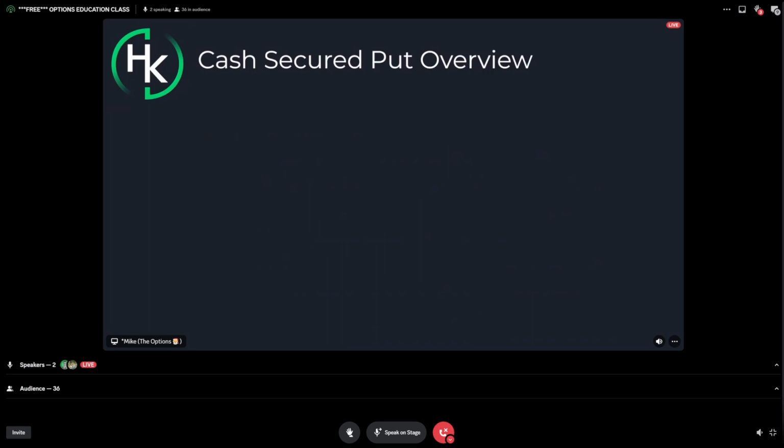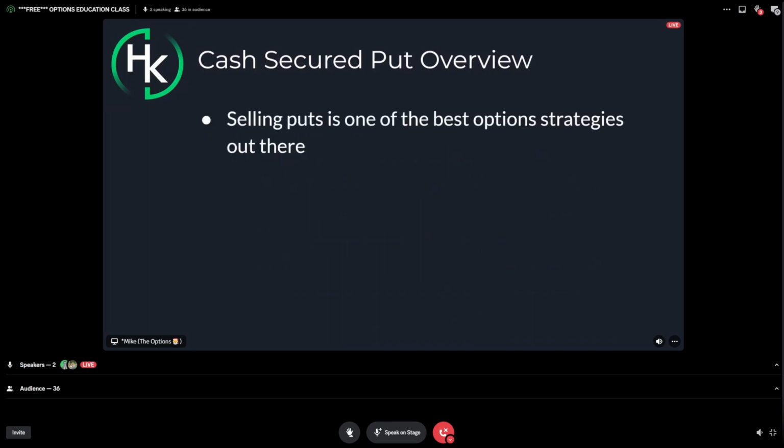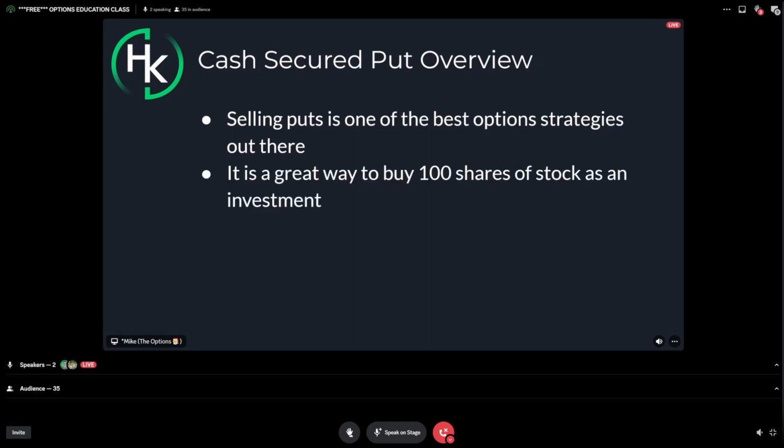So it's a quick overview. Selling cash secured puts is one of the best option strategies out there, especially if you're brand new. Like, you know how to buy stock, you know how to trade stock. Selling cash secured puts is a great way to get into options trading. It's also a great way to buy 100 shares of stock as an investment,